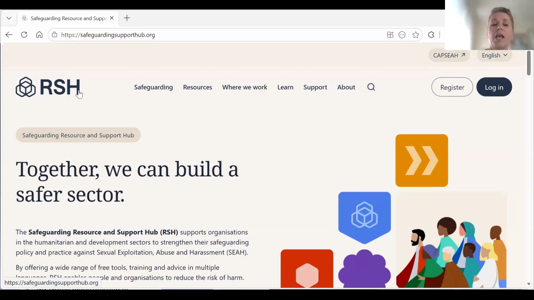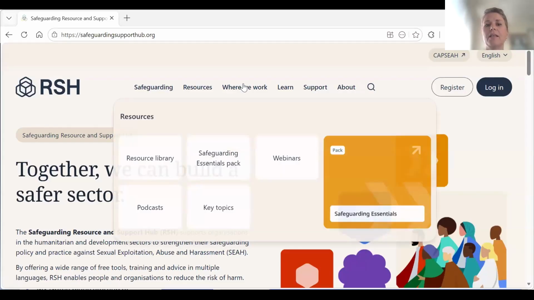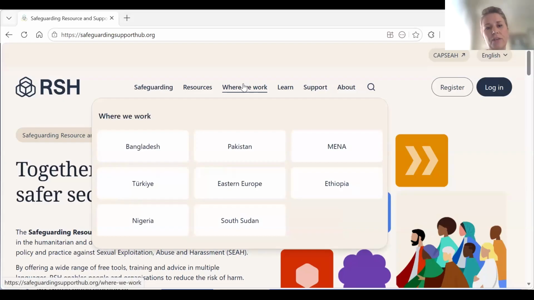It's a one-stop shop. And by support, we mean local presence that the program has in some of the countries where we are active. And you can see that under Where We Work. So the program is active currently in Bangladesh, Pakistan, Jordan and Syria in the MENA region, in Ethiopia and Nigeria, in Africa through our partners.